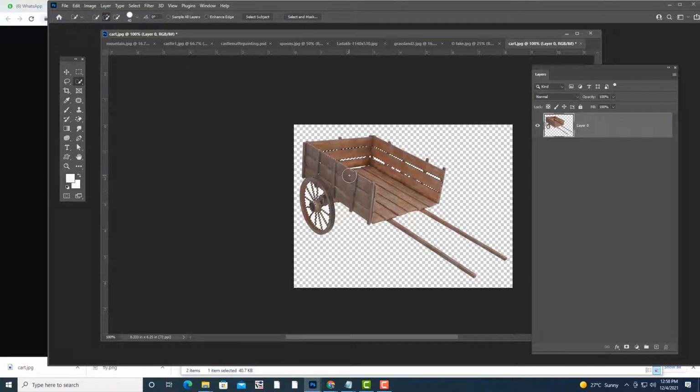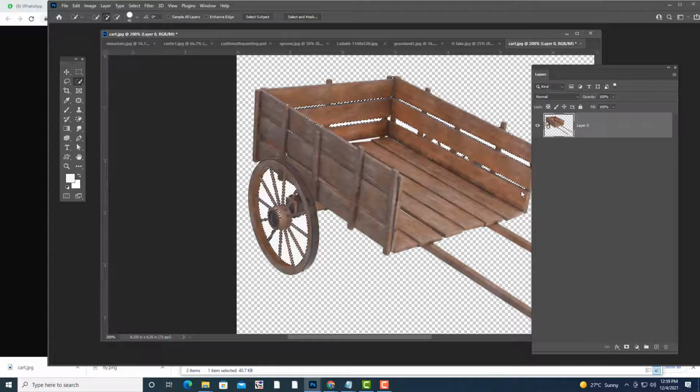We'll only keep these areas and then finally we'll delete them. Alt over. Do it carefully. Or we can use this one. Which one? Lasso tool. Right? And simply now what you do?